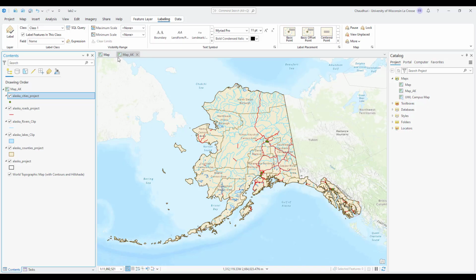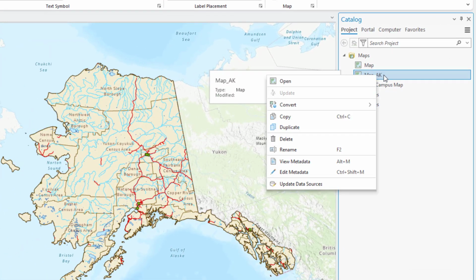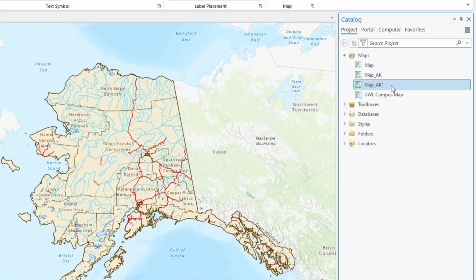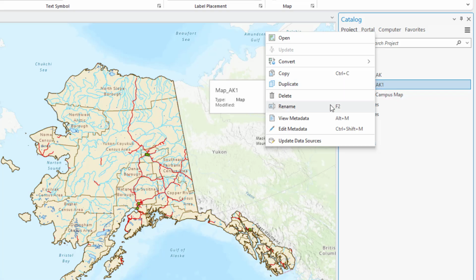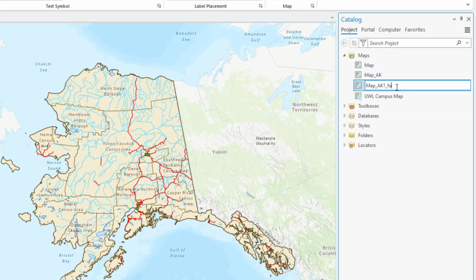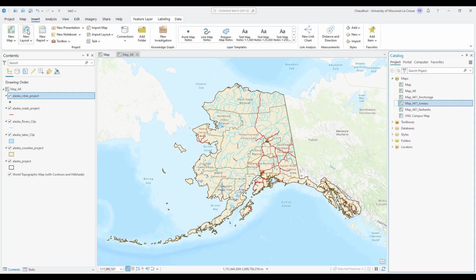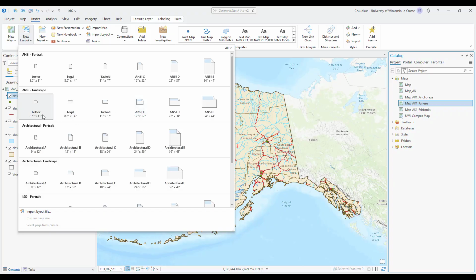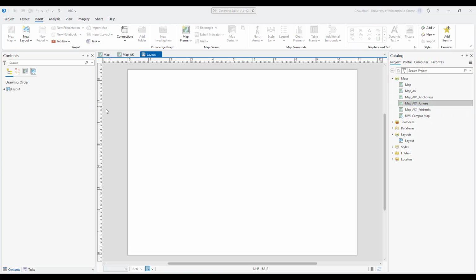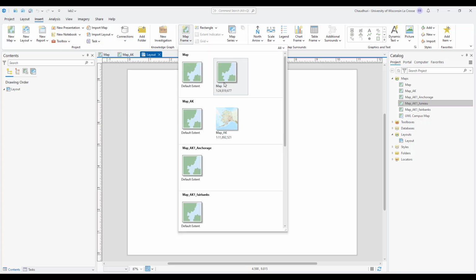To do so, first of all, let's say I want to create 3 insets. So I have to make three duplicates of this map AK tab. So duplicate 1, let's name it maybe Fairbanks. And duplicate 2, this. Okay, so now I'm going to go to the new layout and I'm going to choose the landscape one,